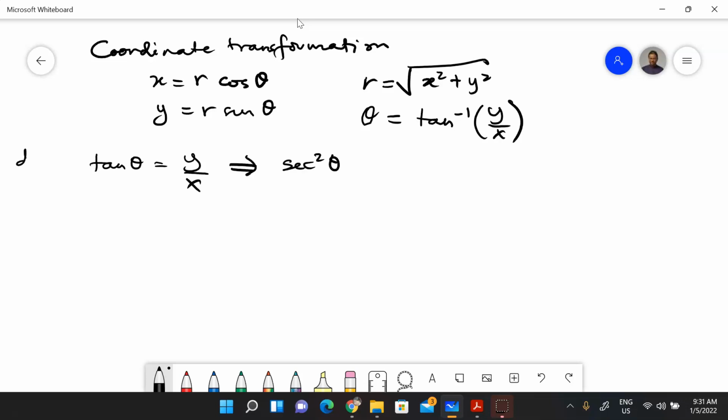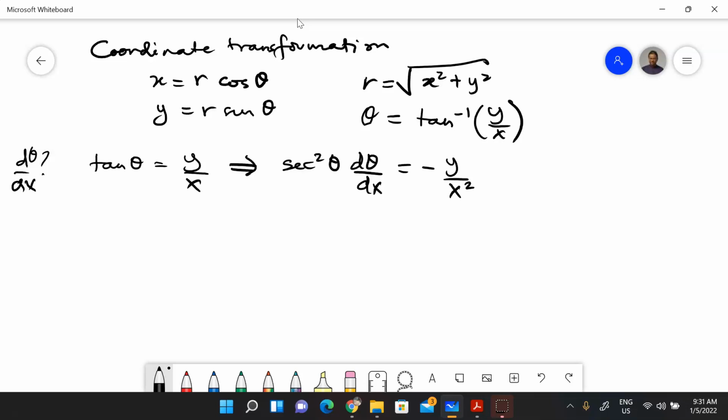But remember what we want to do is taking this derivative. So you have the secant squared theta d theta dx, and then on the right hand side you also differentiate with respect to x. That gives you minus y on x squared,